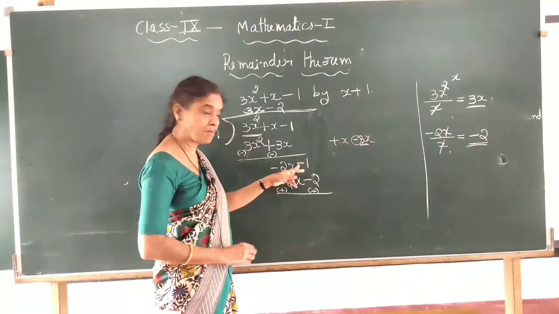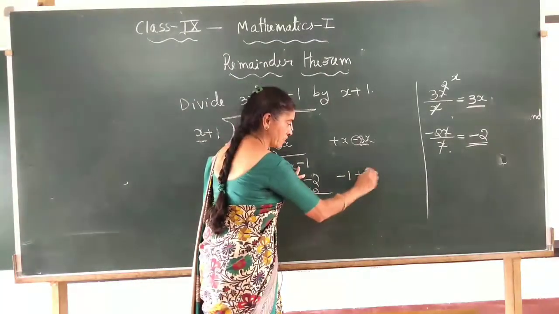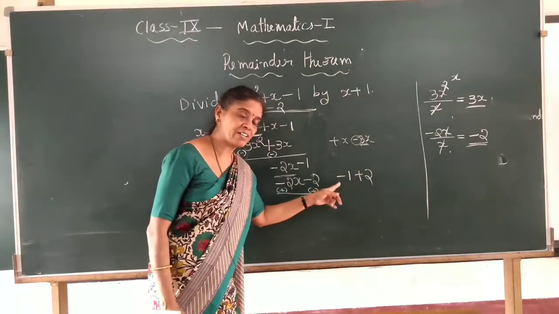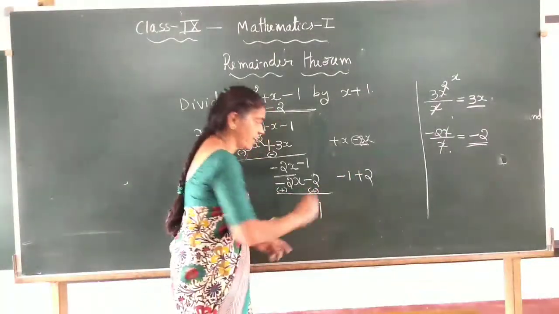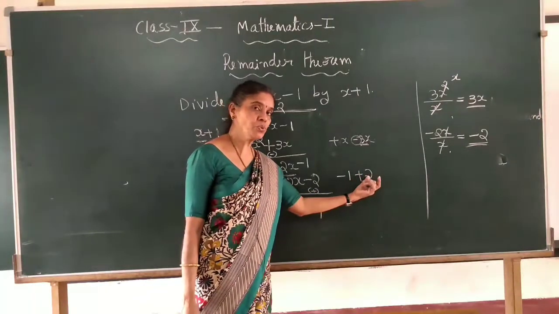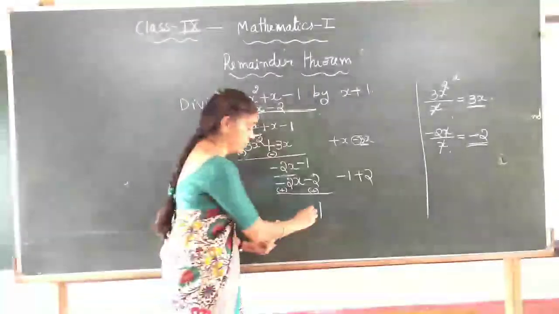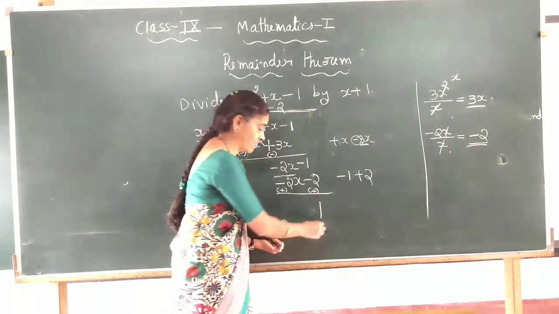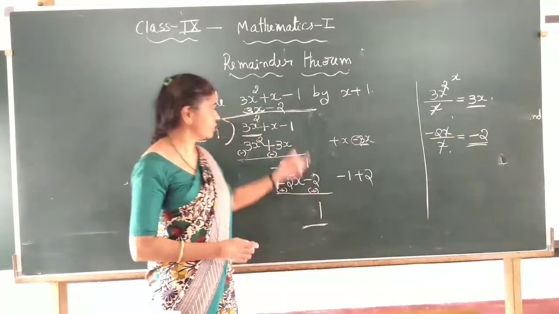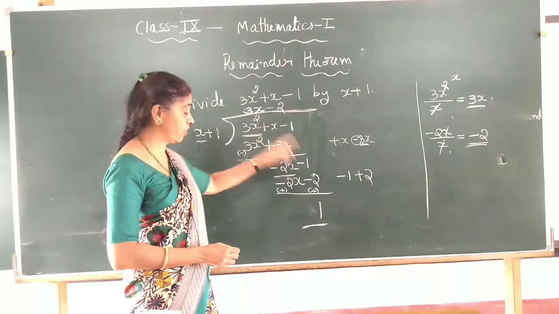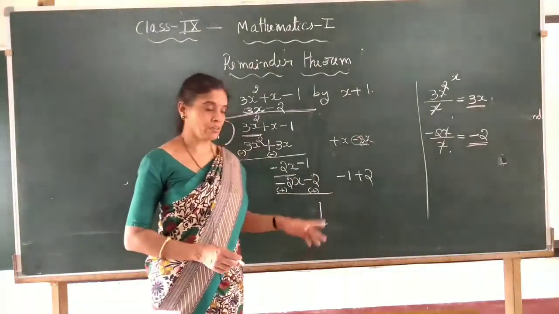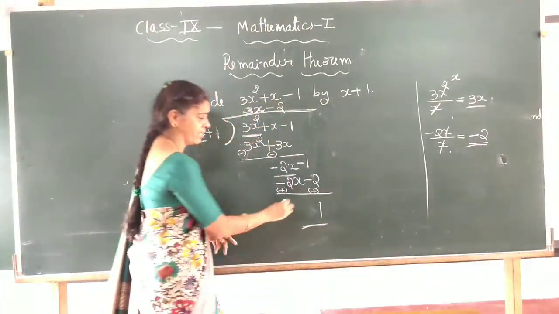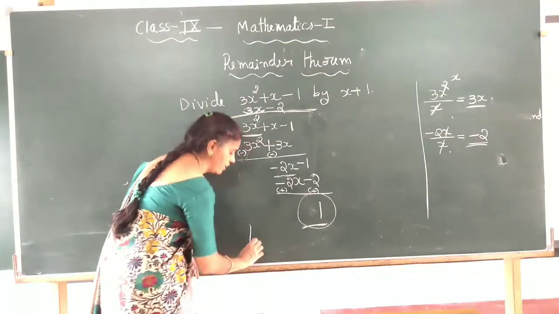Here one number is minus 1 and one is plus 2. Here also the two numbers have different signs. You have to find the difference of 2 and 1. What is the difference of 2 and 1? It is 1. And what is the bigger number in this case? It is 2. Its sign is plus. So plus 1. Usually the plus sign we won't indicate. It is understood. If you don't write the sign, it is plus. That is the convention. So we know it is 1. Now there is no other term for x to divide. We got 1, so we have to stop here. Okay. Now in this division, children, the last number which we got here is the remainder. So 1 is the remainder.